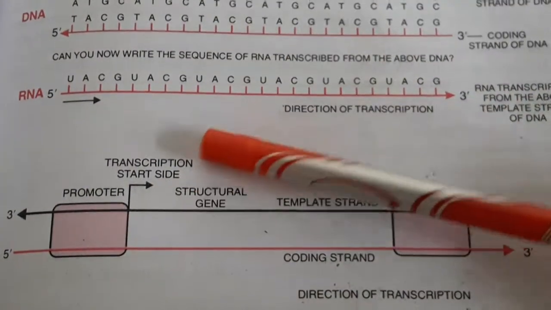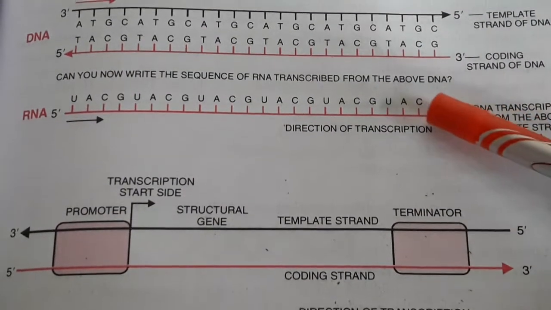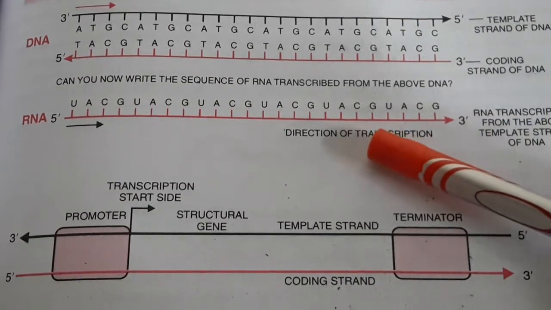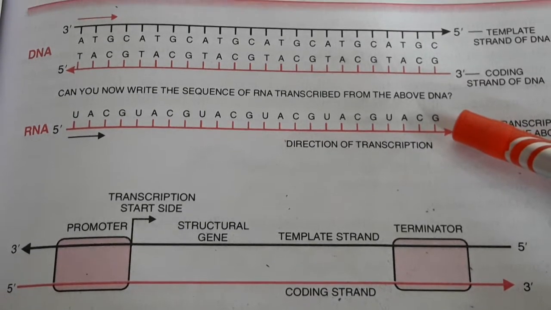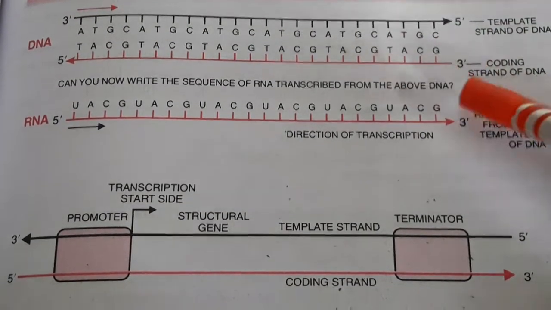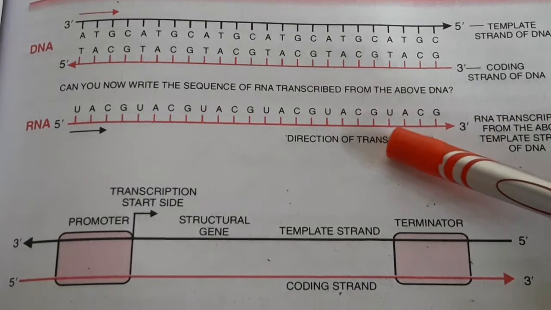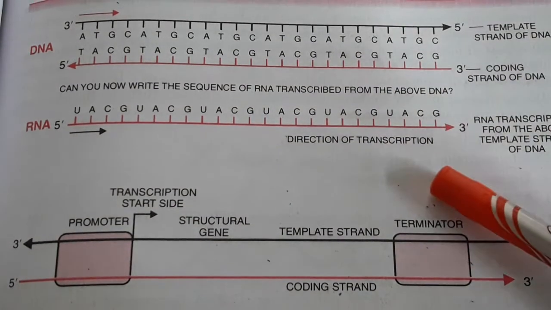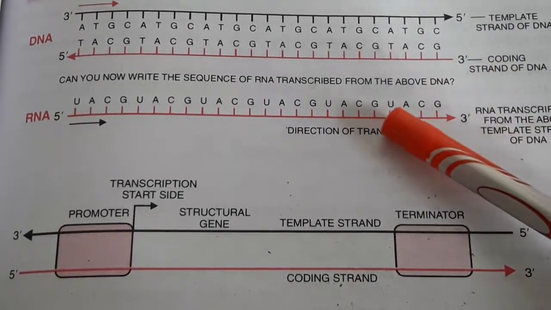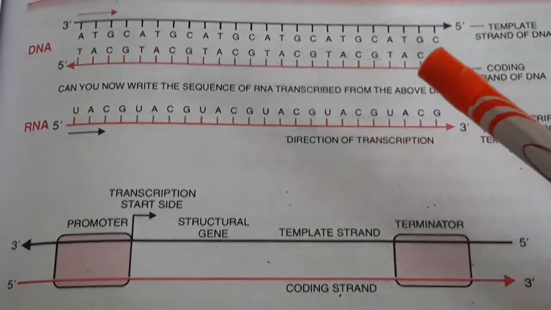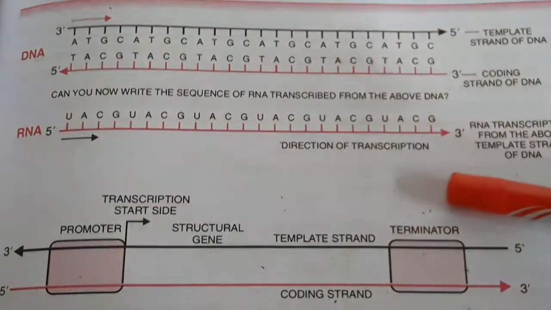Now again another thing, when the RNA is being synthesized, you see here, we know that in RNA, uracil is present and in DNA, thymine is present. Now this strand and this strand are almost similar, isn't it? Now see here, GCAT, GCAU. Only the thymine is being replaced by uracil. So the coding strand of DNA and the newly formed RNA are almost similar except at the position of uracil and thymine, where RNA consists of uracil and DNA consists of thymine. Otherwise, these two strands are almost similar.